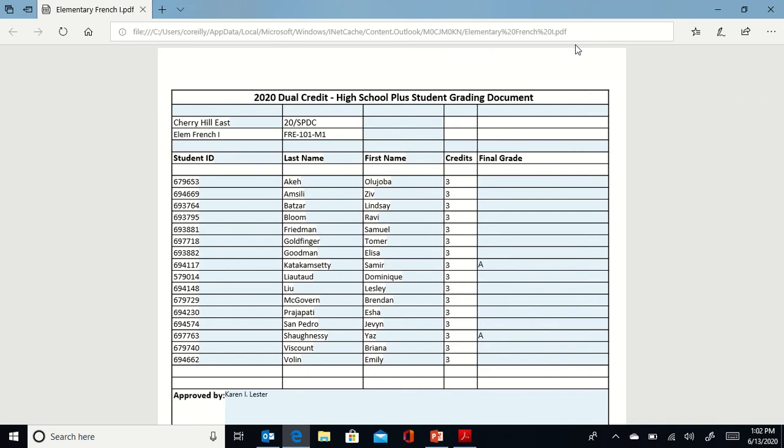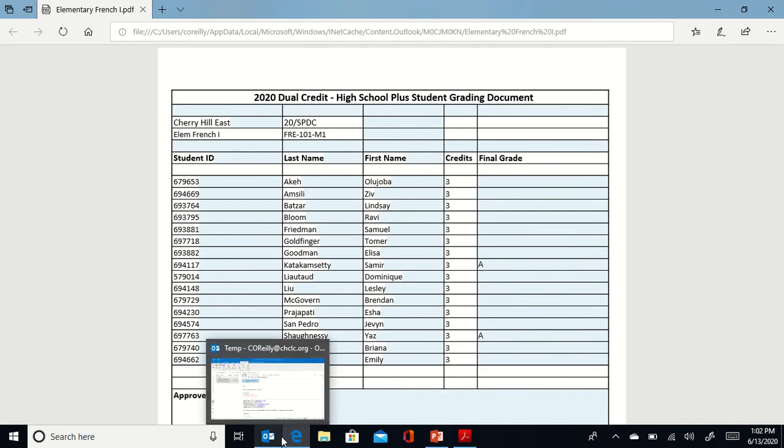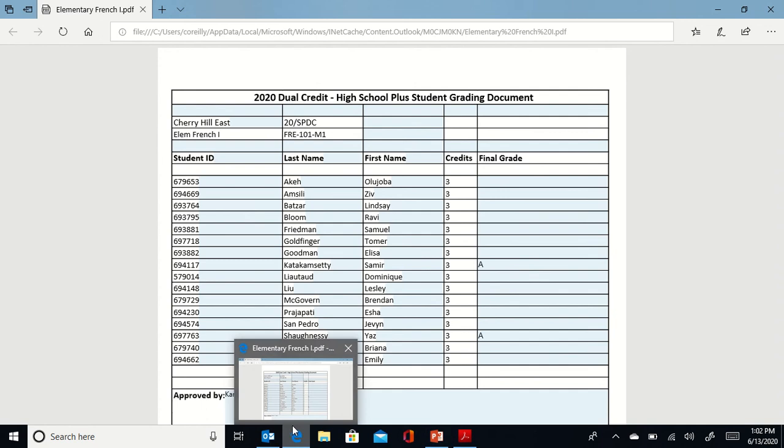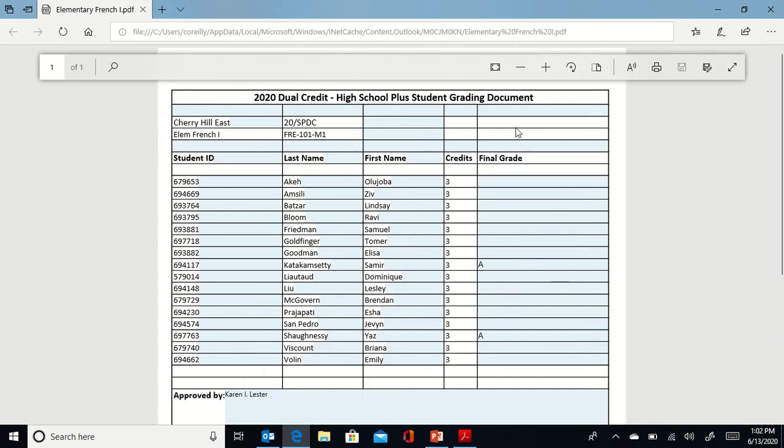I've got my address bar going across the top here. And if I come down and hover over my other items, you'll see that this is where it opened in Microsoft Edge. Now it does let me type in here, but unfortunately it's not going to save it, or it wasn't anyway, letting us save it in a way that we could then send it back and have the changes